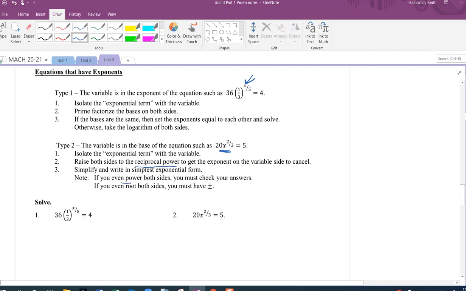If you even power both sides, you must check your answers, and if you even root both sides, you must have plus or minus. So for example,